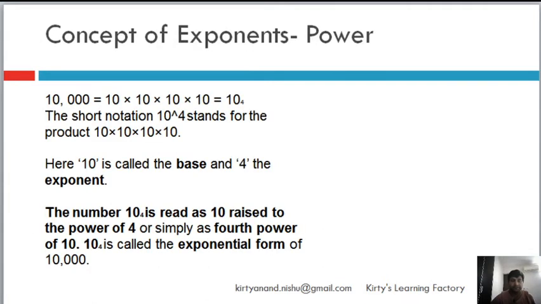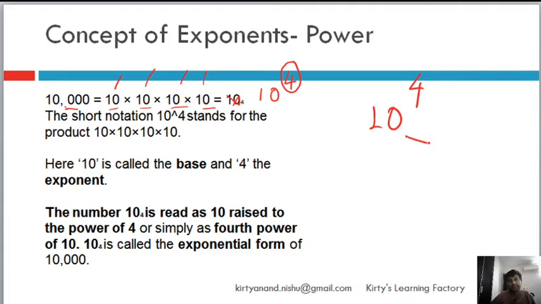So let's get in. See, first of all, understand this 10,000. Let's start with this number 10,000. It can be written as 10 into 10 into 10 into 10. Ignore this, it is written like this. So the 4 is slightly elevated. Why? Because 1, 2, 3, 4, 4 times 10 is multiplied. So another way of writing it is 10 raised to the power 4,